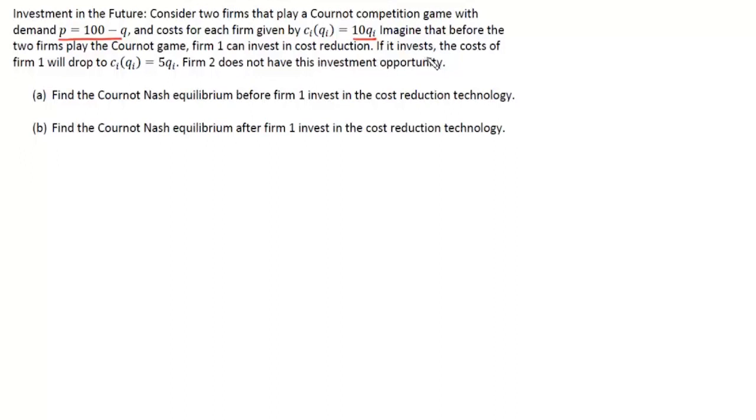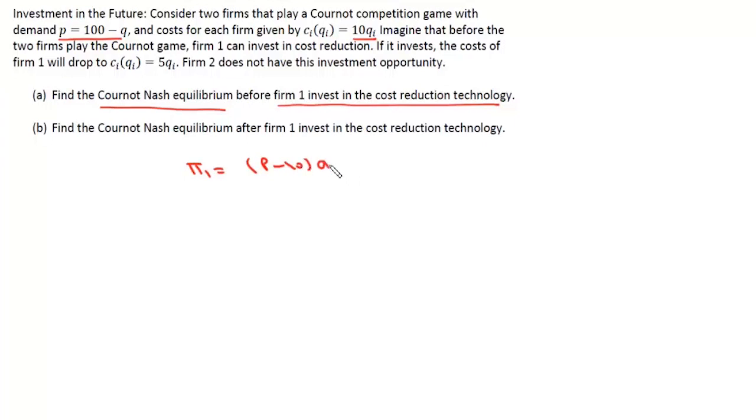If it invests, the cost of firm 1 will drop to 5 Q1 and firm 2 does not have this investment opportunity. Now first question is, find the Cournot's Nash equilibrium before firm 1 invests in the cost reduction technology. Now, if firm 1 doesn't invest in cost reduction technology, in that case, marginal cost for both the firms will be simply 10. Now we can write profit function for this firm 1 and it will be